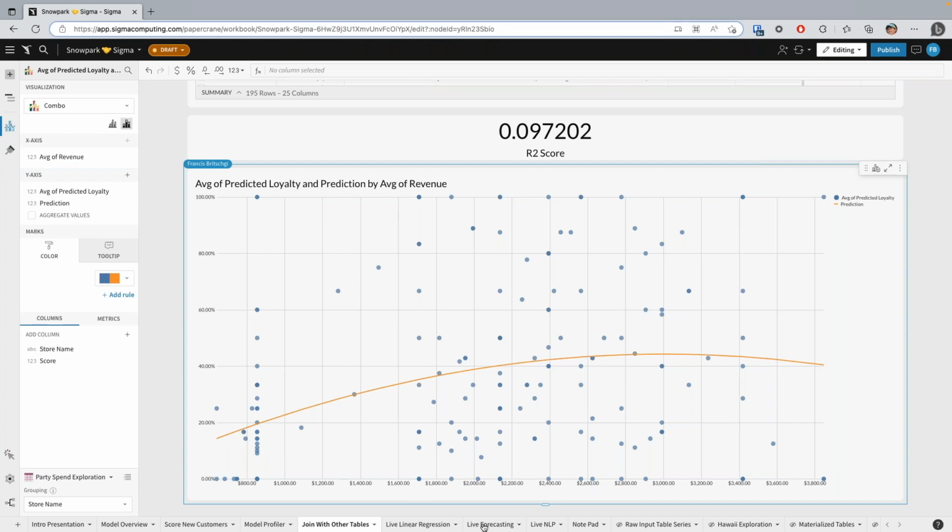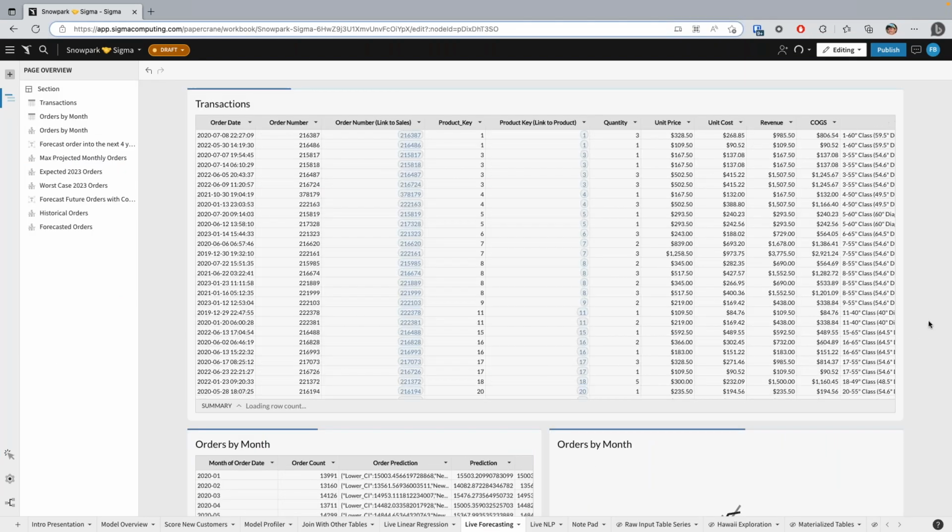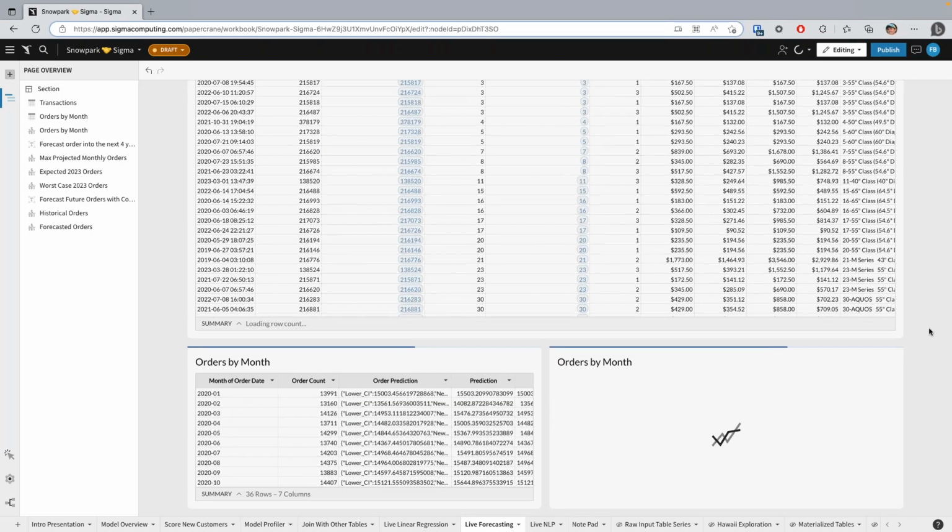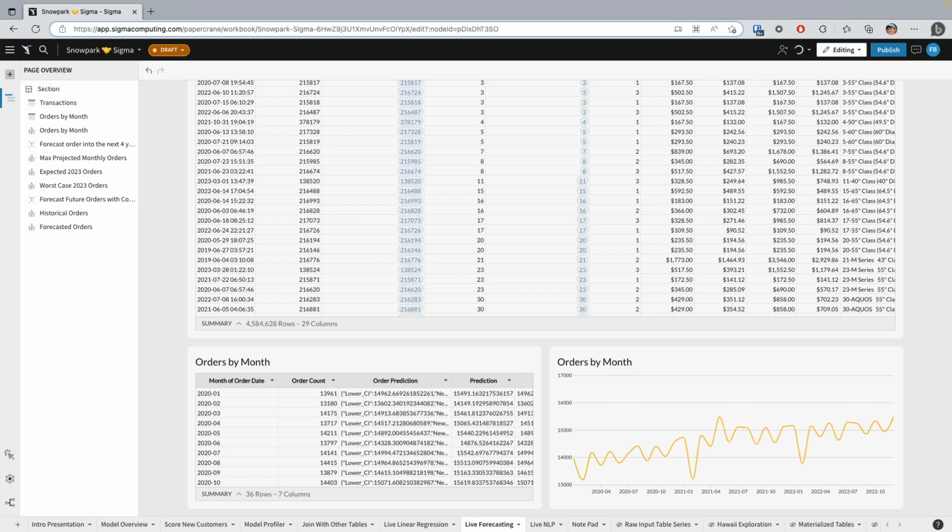I think this is one of the most common examples that I see this need, which is live forecasting. So allowing a business user to look back in time and look at perhaps an order count by month. This is a classic Sigma exploration. We're always doing stuff like this where we're aggregating by a time variable and looking at an order count month by month. And this is great. It allows us to understand the past, and we can make educated inferences about the future, but we're lacking that kind of quantitative forecast that a lot of advanced statistics can give, but just till today has not been available in Sigma.